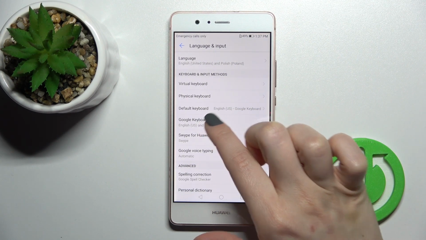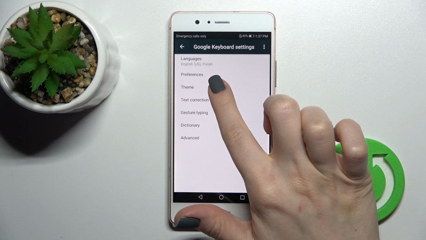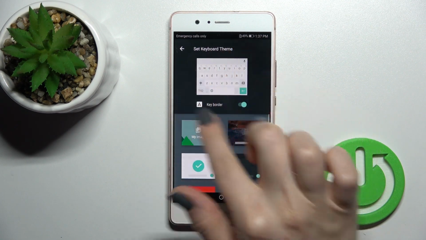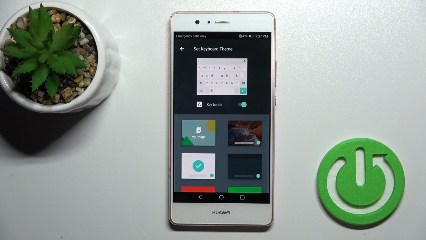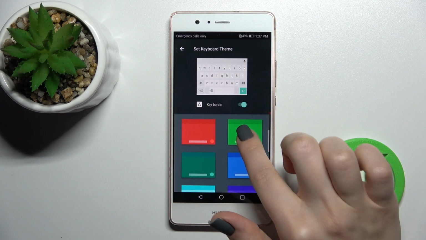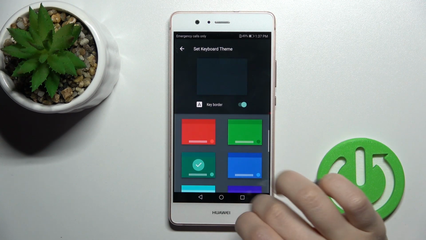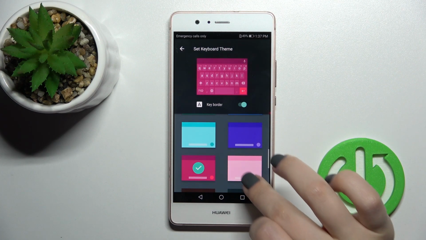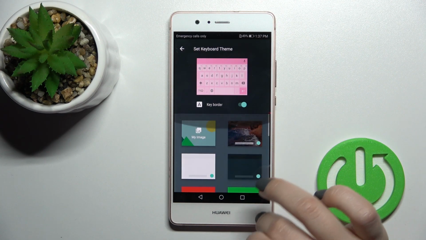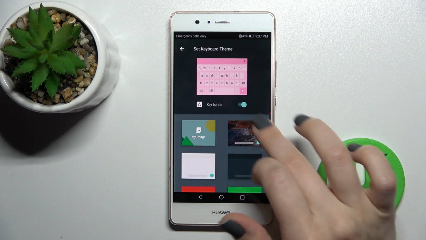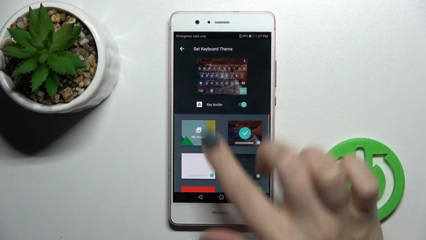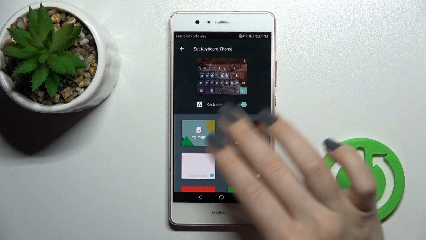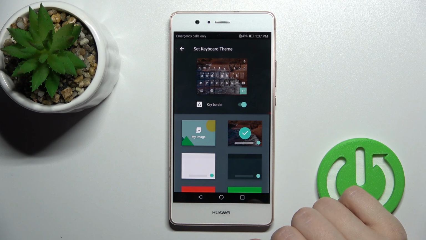Now just click here on language and input, and here as you can see we just use the Google keyboard, so click here once and then tap on the theme. Now as you can see we're just using the regular default theme. Here we can change and select one from these available colors of the keyboard. And also we've got here the one custom theme that I just created a couple of minutes ago, or